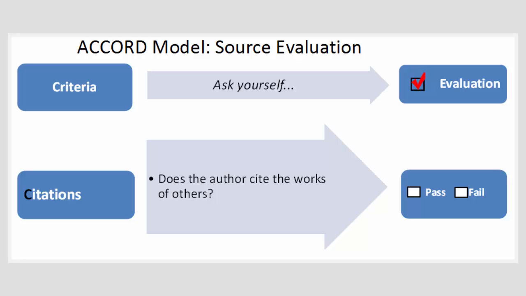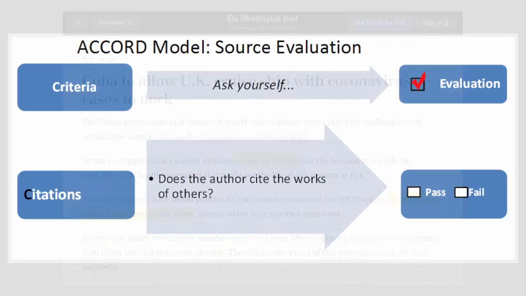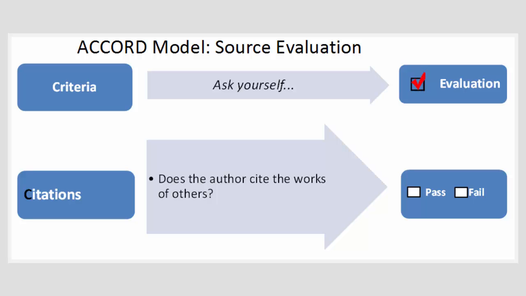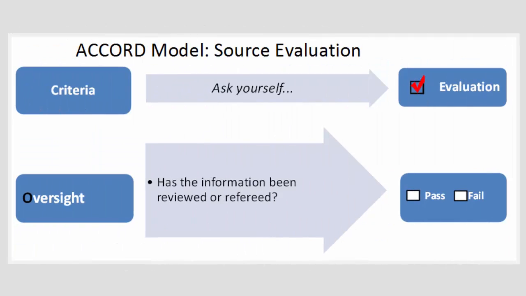Ask yourself, does the author cite the work of others? In online writing, this will not look like a traditional bibliography or list of sources, but more likely hyperlinked information within a website to verify any facts or claims the author is making. If there are no clear citations or links to outside resources, there's a good chance the agenda of the author was to express an opinion, and this will be a factor in determining if the source is appropriate for your academic work. If sources are listed, what types of sources are they? Are they academically appropriate?